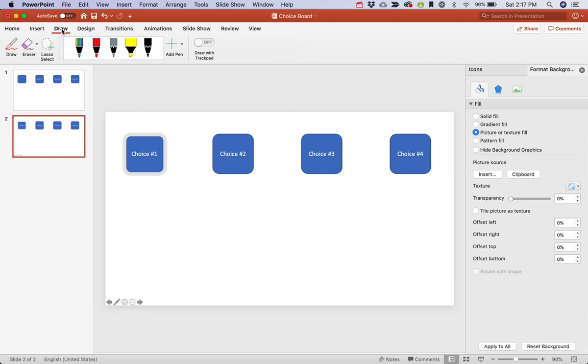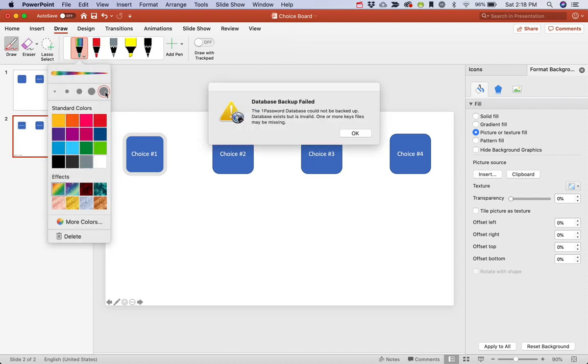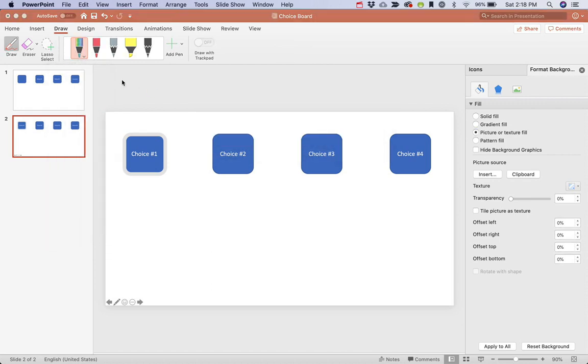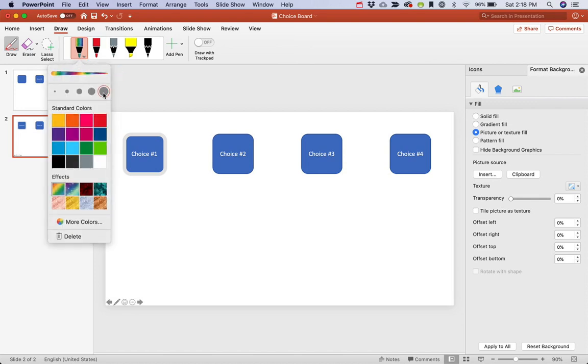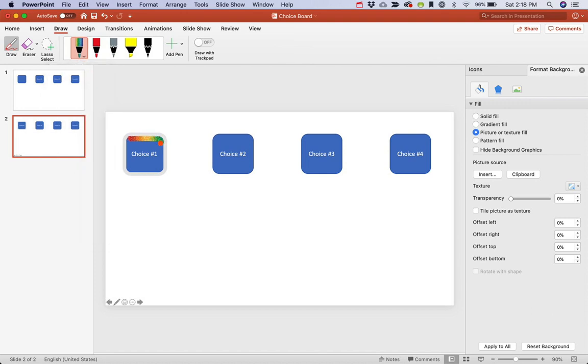If you go to draw up here, you'll get these different pen tips, and I really like this one. It was like a rainbow foil, which I thought looked pretty cool. So if you click on the arrow, you want to make sure that you have the broadest tip selected. Select the broadest tip, and then you're ready to paint. And basically what I'm going to do is keep painting in a solid stroke, back and forth. If I miss, you want to go back. It's okay if you go over the frame, because we're going to adjust the order,